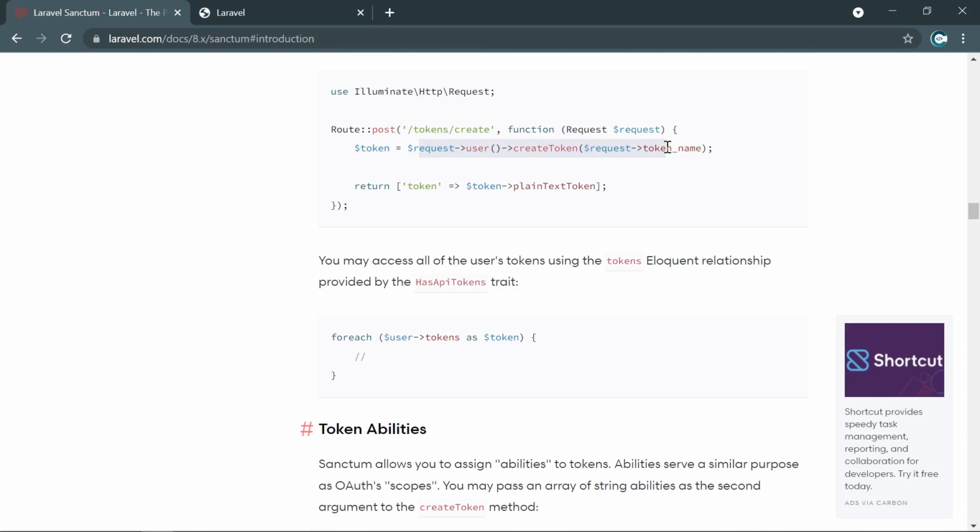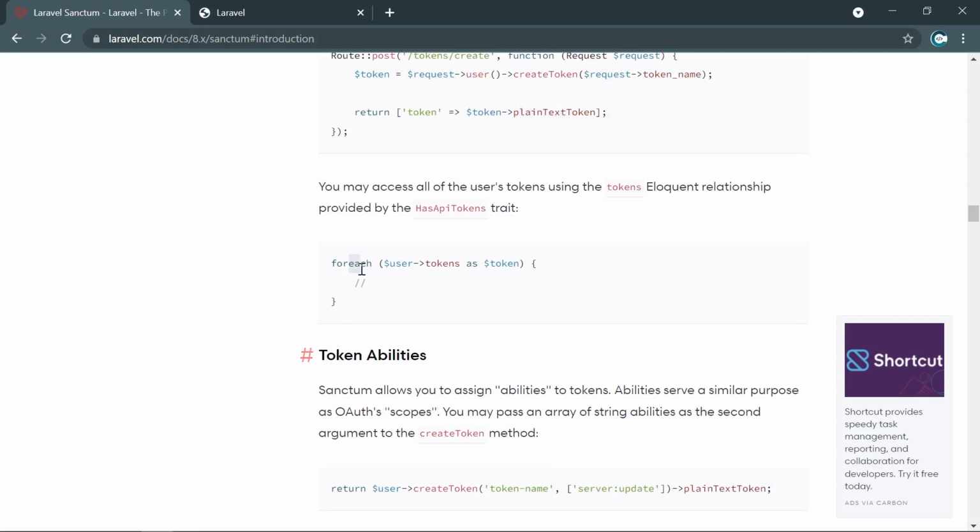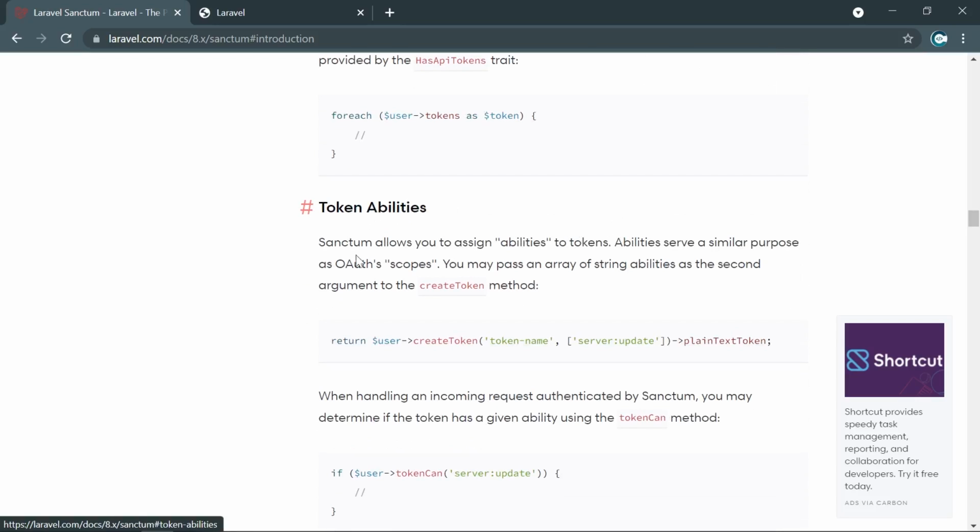So this is the thing we need to do. On the user, we need to run a create token. We give it a name, and then we take the plain text token. And then we need to iterate over our tokens to display to the user, just in case the user wants to delete one token. Sanctum tokens basically have abilities as well, which are basically scopes or permissions,